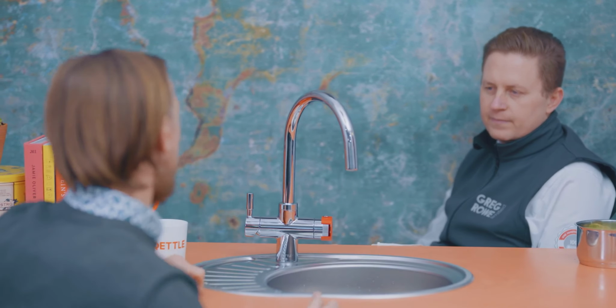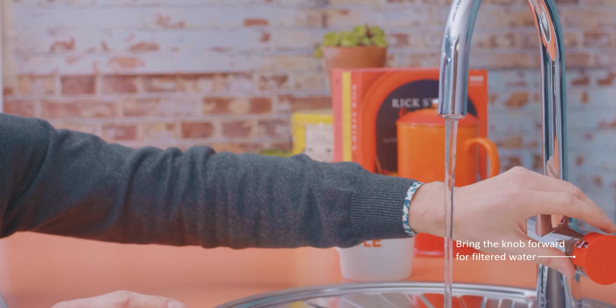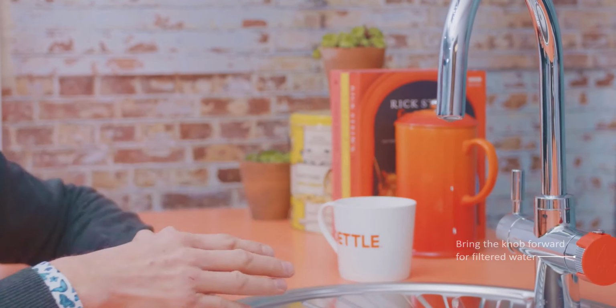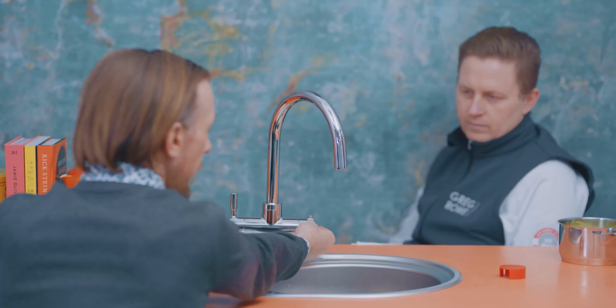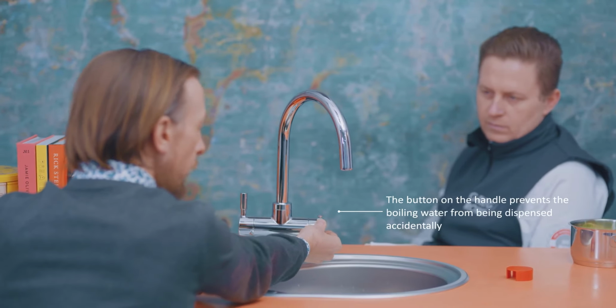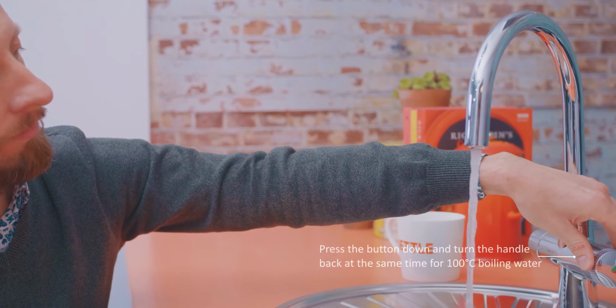On the other side of the tap here, we have filtered water. So you bring the knob towards you for filtered water. And then we've got a safety device. So there's a cap here which I'm going to remove. We've got a button here that is going to stop the boiling water from being opened accidentally. Okay, so depress that and then...